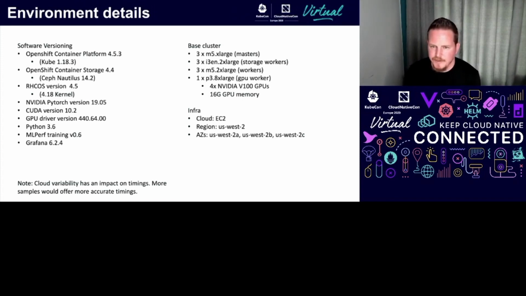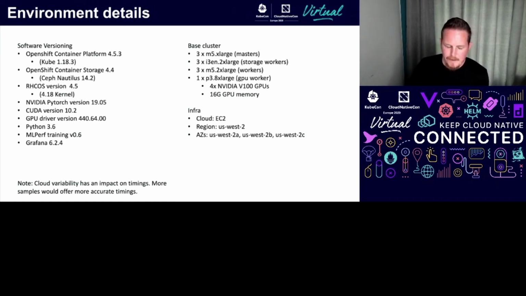They had a couple SSDs each, and then the workers are not particularly relevant here because the one workload that we were running was basically the different PyTorch MLPerf tests, and those had GPU constraints, so that made sure that they were scheduled to the P3.8XL that we had provisioned, which has 4 of the NVIDIA V100s that each have 16 gigs of memory.